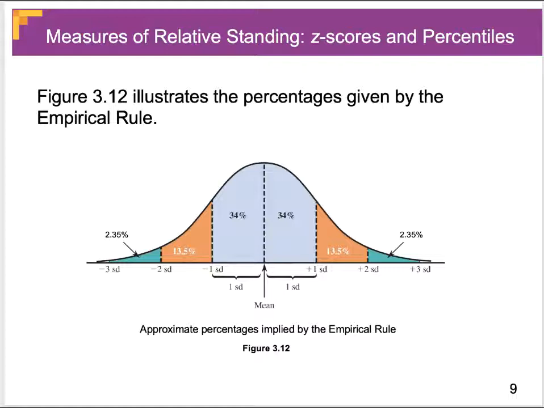Another way that we can express the empirical rule is graphically. Since 68% of the observations should fall within 1 standard deviation of the mean, we can think of that as 34% below and 34% above within that 1 standard deviation. To go from 68% to 95%, that's adding an additional 27% to our number. Well, if we split that, that's 13.5% of the values are going to be between 1 and 2 standard deviations. And then to get up to 99.7, we need to add an additional 2.35% on each side. So that tells us that between 2 and 3 standard deviations on either side, we should see 2.35% of the